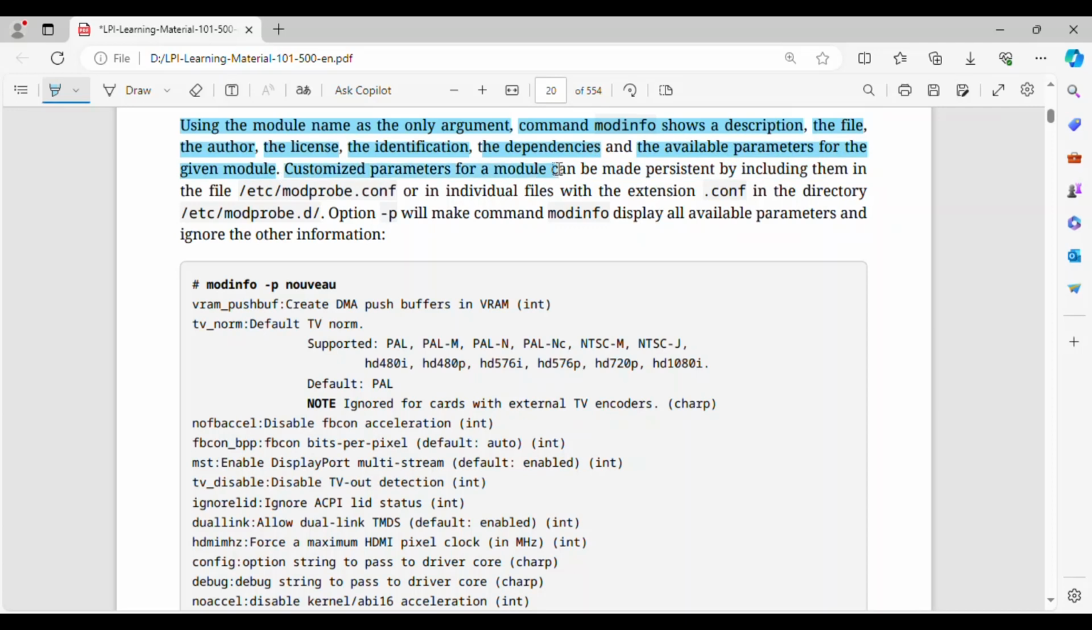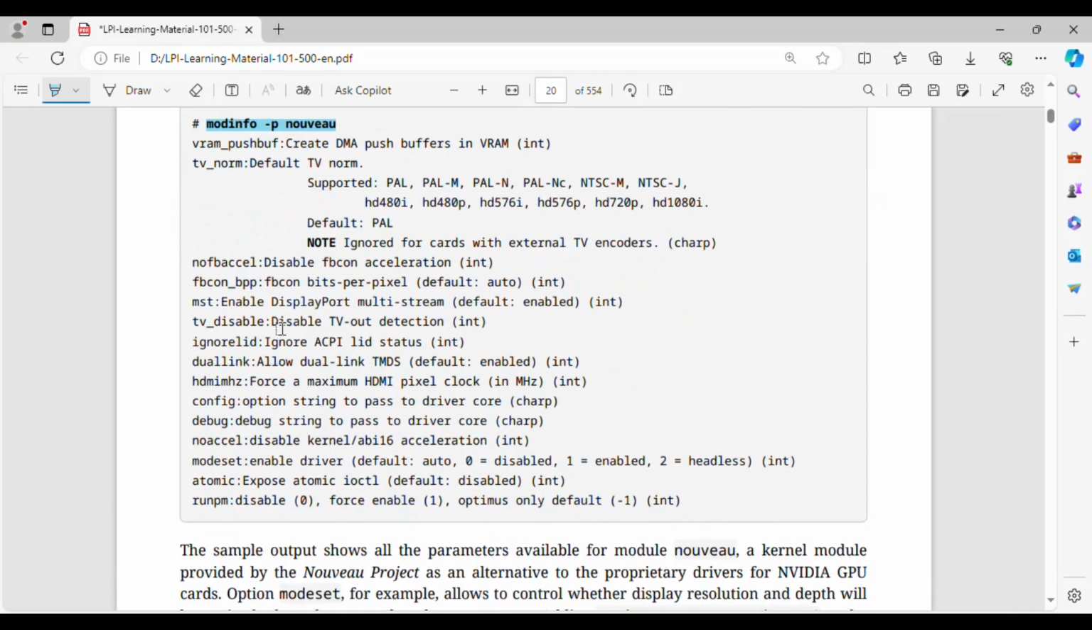Customized parameters for a module can be made persistent by including them in the file /etc/modprobe.conf or in individual files with the extension .conf in the directory /etc/modprobe.d/. Option -p will make command modinfo display all available parameters and ignore the other information. # modinfo -p nouveau